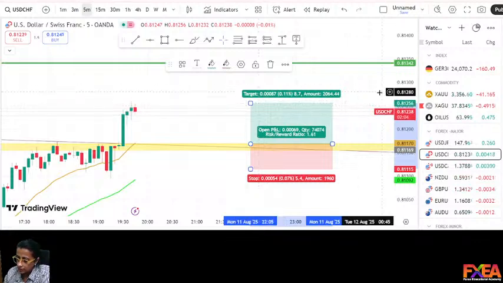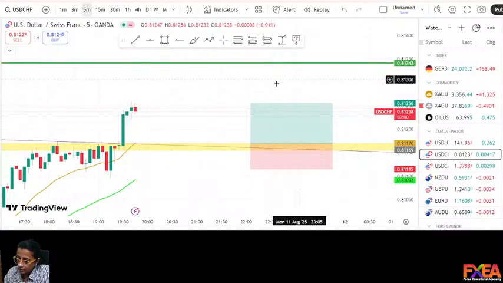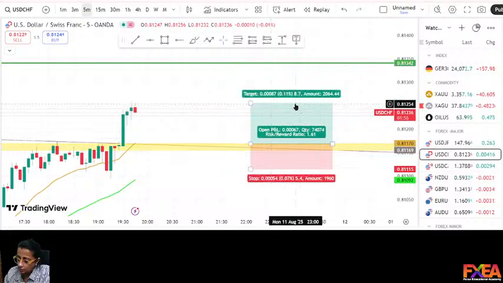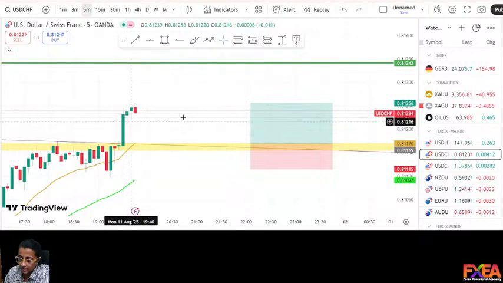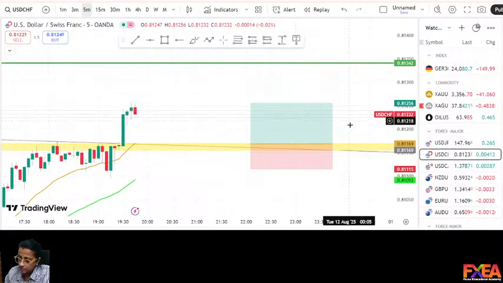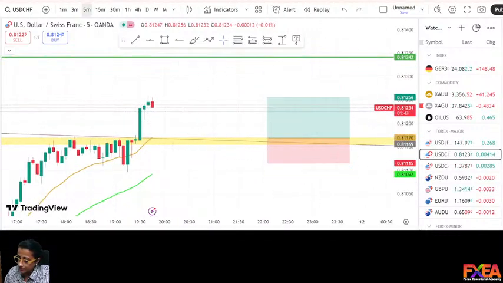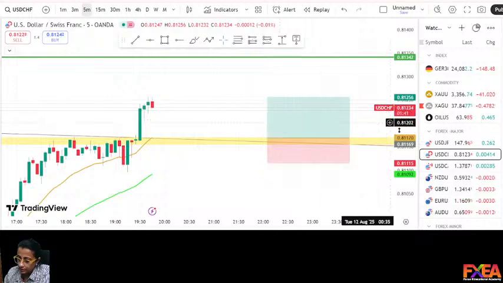I explained earlier in our Zoom session that my first target is here, and the second target will be here. The market has already reached this target, exactly at this target, and then it is playing around with some time correction or pullback. So this is how the market is. Very beautiful, exactly how we are explaining.